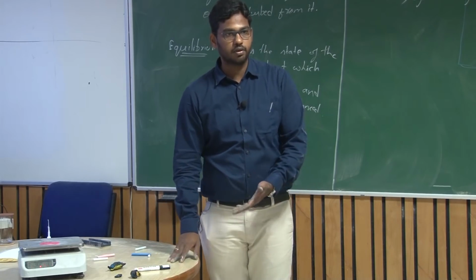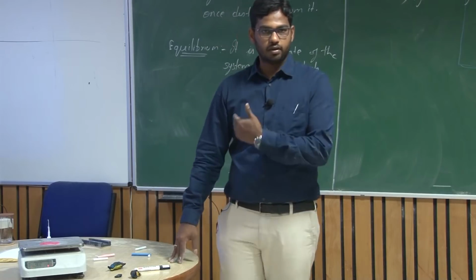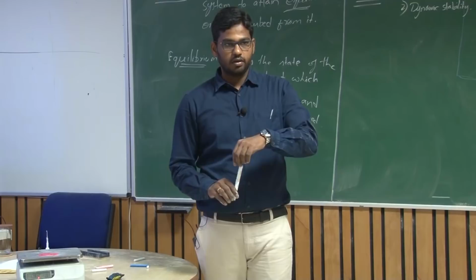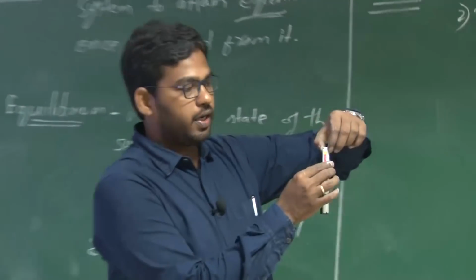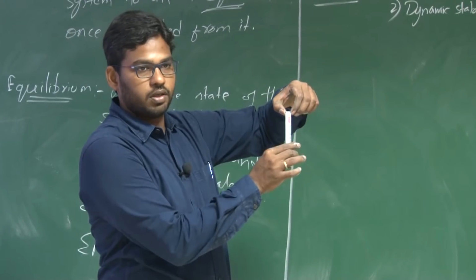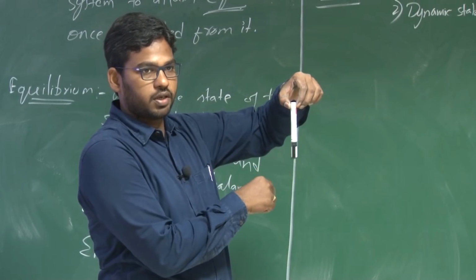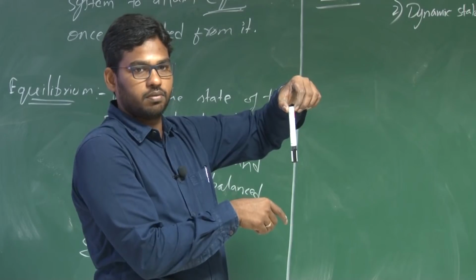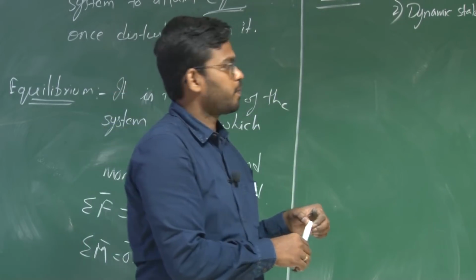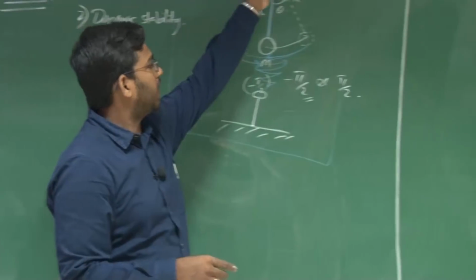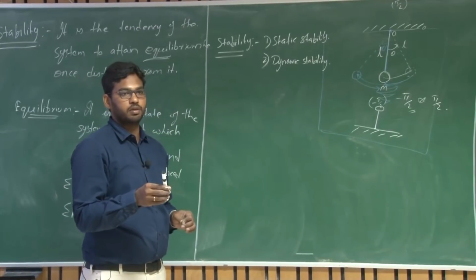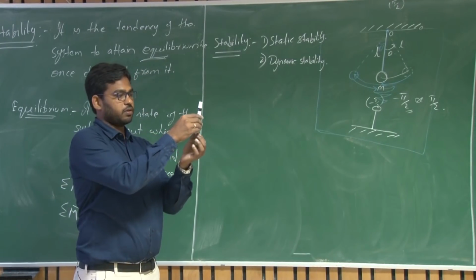It has attained a new equilibrium; it hasn't come back to its previous equilibrium. In the other case, if I hold the top of this marker and give some external force, it will start oscillating and coming back towards its equilibrium. So this particular equilibrium is a stable equilibrium. The one at pi by 2 is an unstable equilibrium, because it is not coming back to its initial equilibrium once disturbed from it. The same thing here.